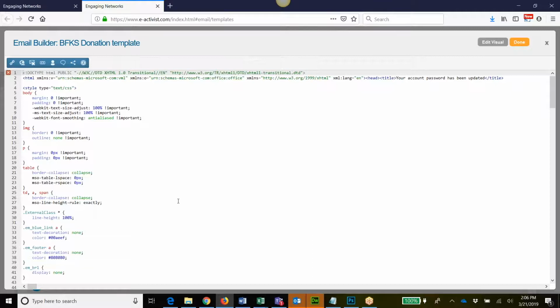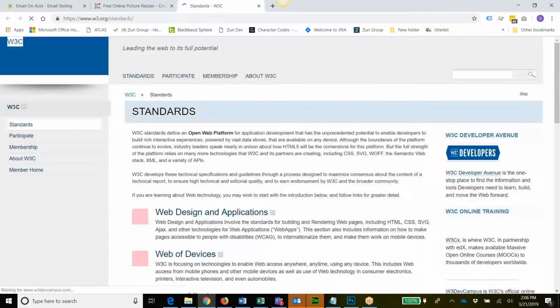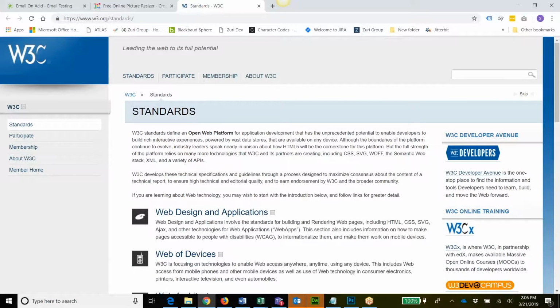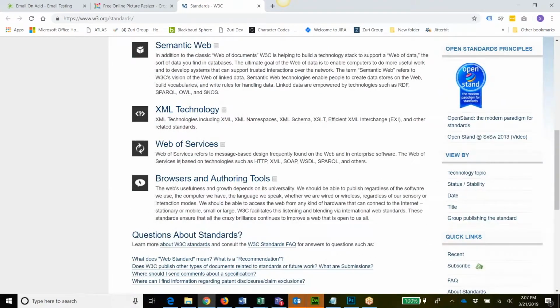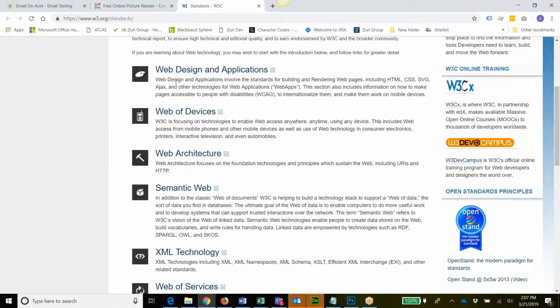There is a nonprofit organization that sort of acts as a governing body that pushes for standards in terms of what code should render and how among different internet browsers, and that's the W3 Consortium. We're sort of looking at their website right now, and you'll notice that while they talk about a number of different things, one of the things that you don't see in this list is email design. For whatever reason,